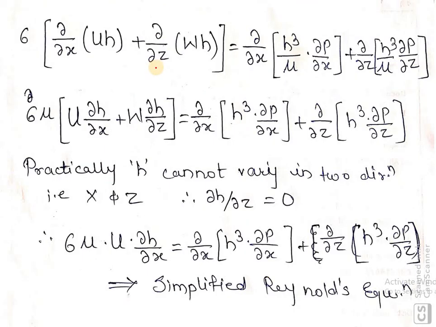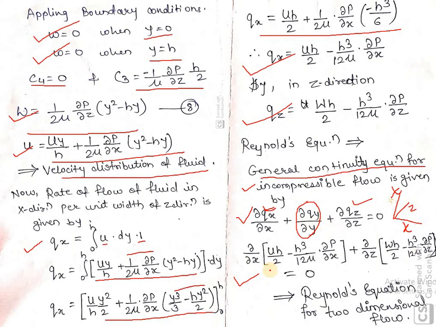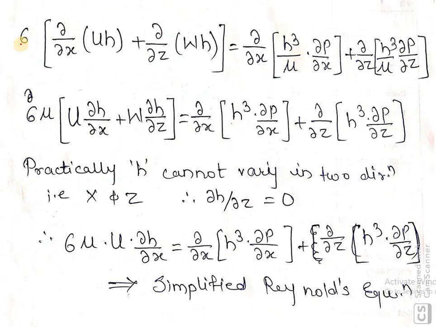Again, we can simplify it by taking the u term, this one term, and this is the second term on one side. So it is the u term and w term. Taking it to one side and again multiplying over here, that 2 ones are 2 and 2 sixes are 12. So taking that 6 also to the outward side. Solve it, then you will come to know. So 6 is taken on this side and the U, W terms are taken on one side. So this is the equation.